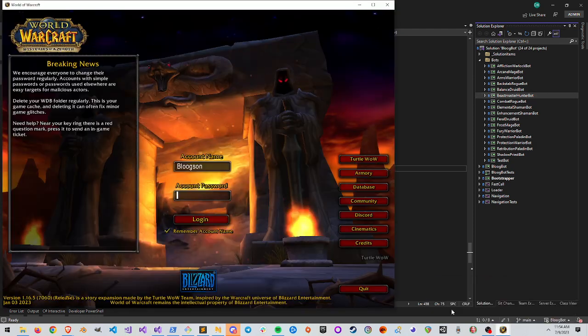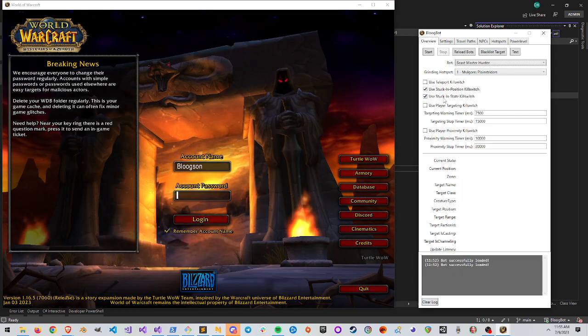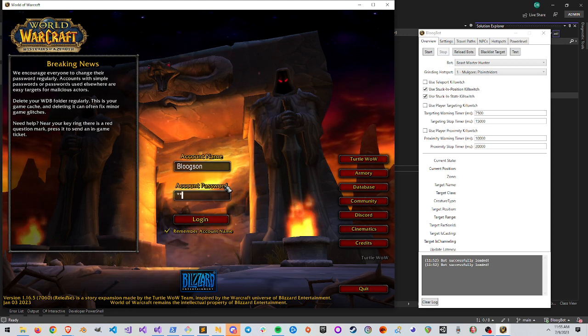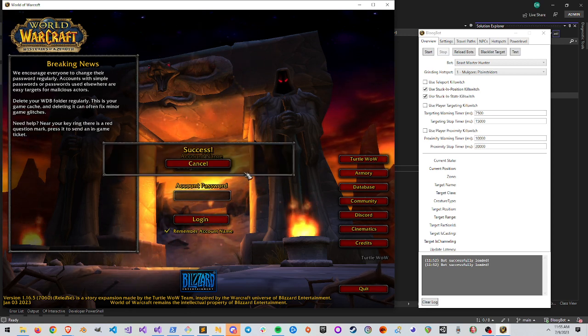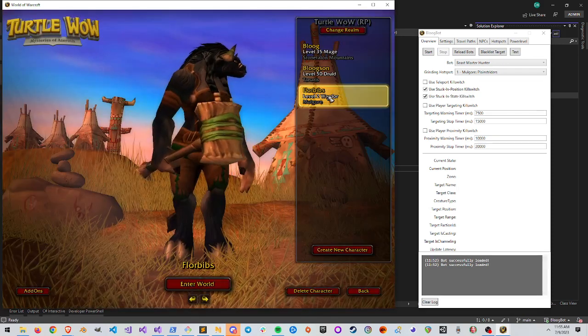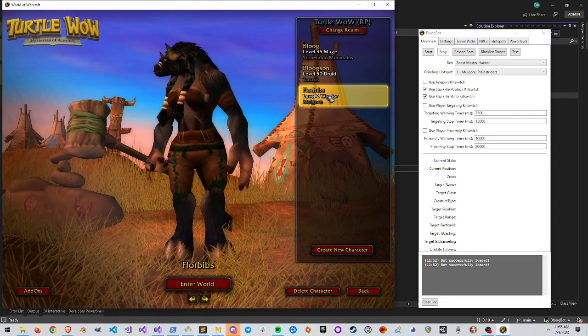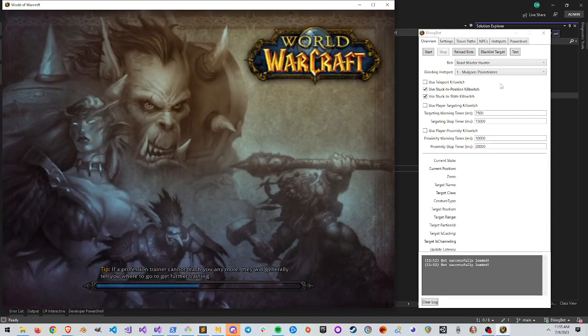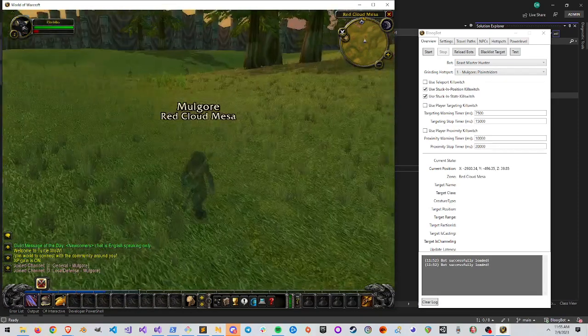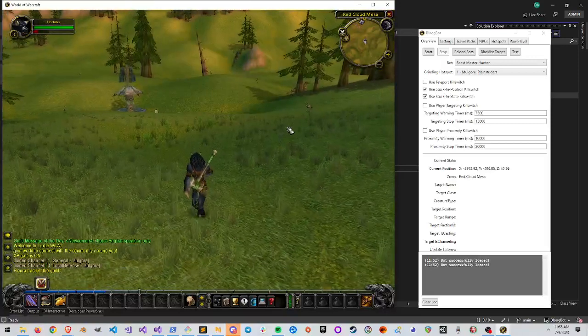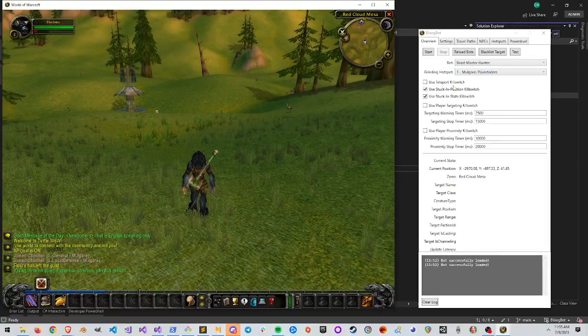But I wanted to talk more about the overall high-level features of the bot, because that has also caused some confusion. So when we first get in here, let's just log into one of these characters. I'll run through quickly how the bot works and how you can use it. The first page, these are basically safety nets